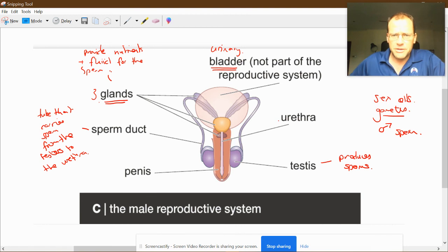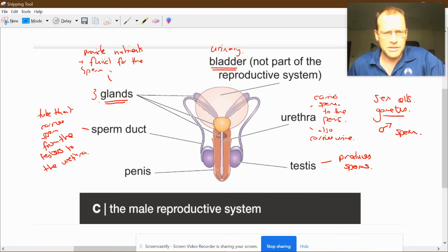The urethra actually also carries the sperm after the sperm duct has joined together from both testicles, so that carries sperm to the penis, but also carries urine. Both these things do not happen at the same time, so if this is under control of one of these glands here,